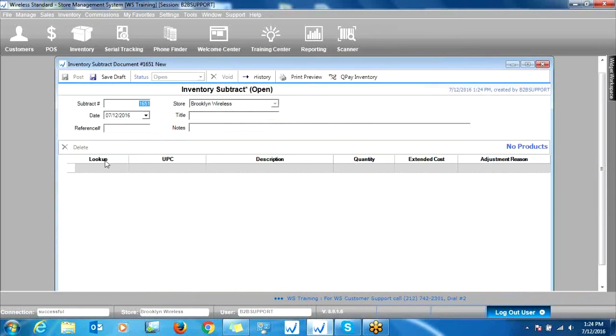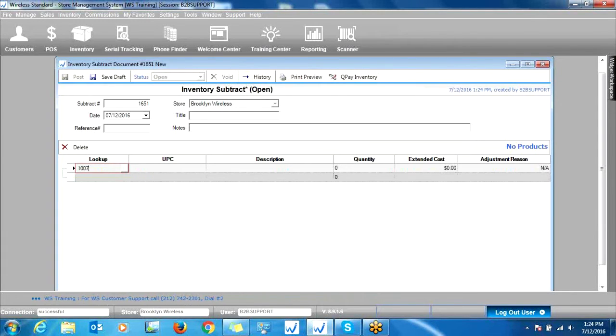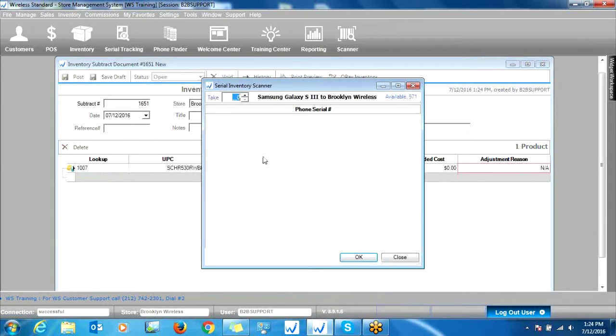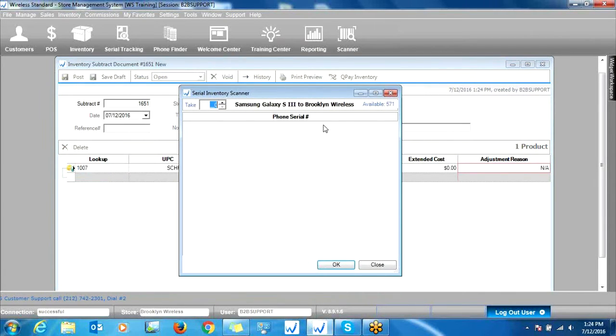And then what you can do is simply look up the items that you'd like to get rid of. So for instance, let's say we want to get rid of a cell phone. Here again, you're going to get the box that's asking for how many you'd like to get rid of the product and the serial numbers that are associated. So right now we have 571 of this product in stock. Let's say we just want to get rid of 1. We'll type in 1 and then enter. And then we're going to go ahead and